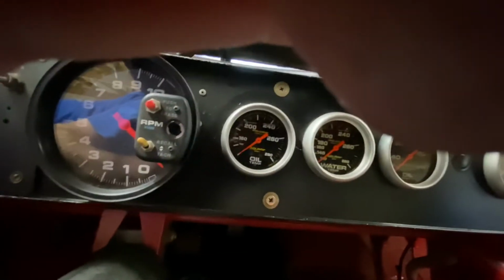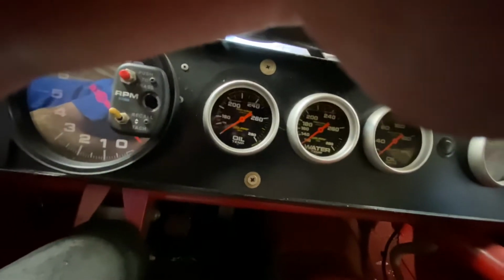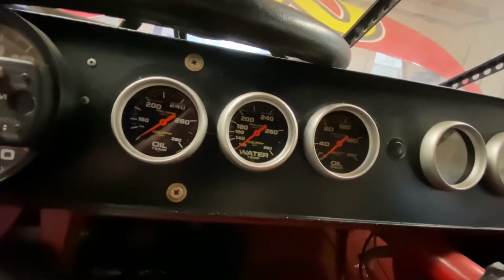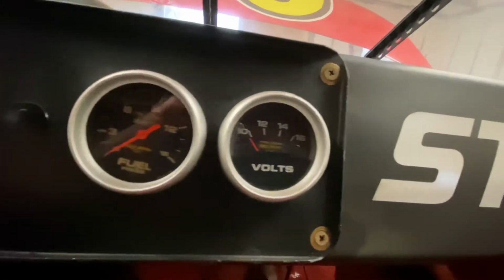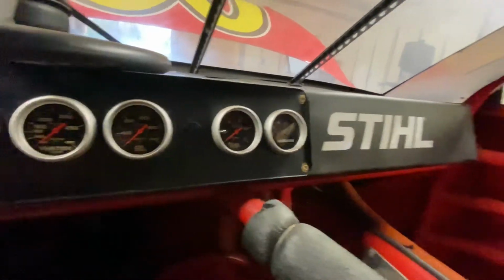The oil temperature gauge, I'm not really sure that it works. It does read a little bit when it's running, but I don't think it's accurate. The water temperature gauge does work. The oil pressure gauge does work. The fuel pressure gauge does not work, and the volt gauge does not work. Those would probably be pretty easy to fix, but